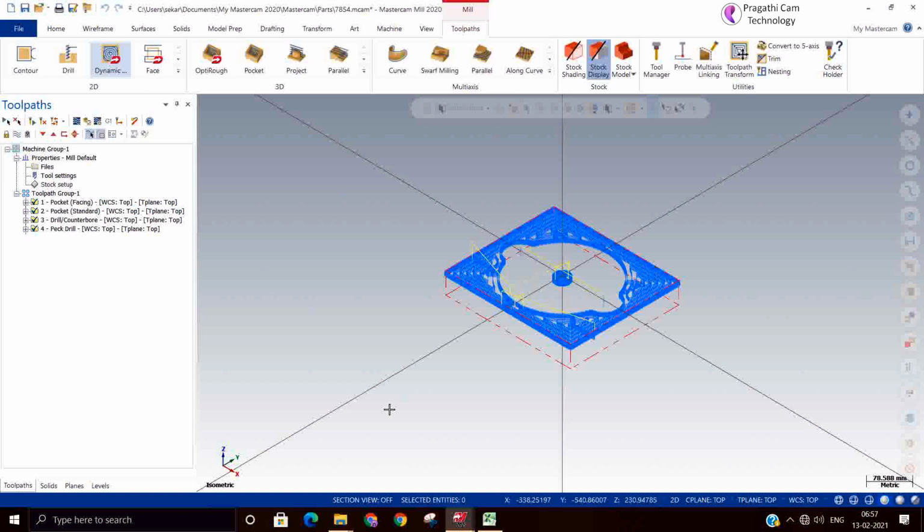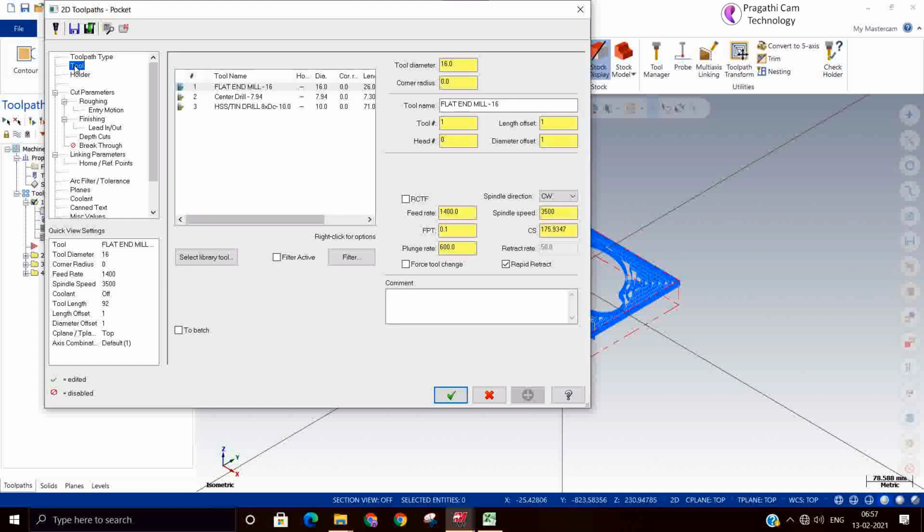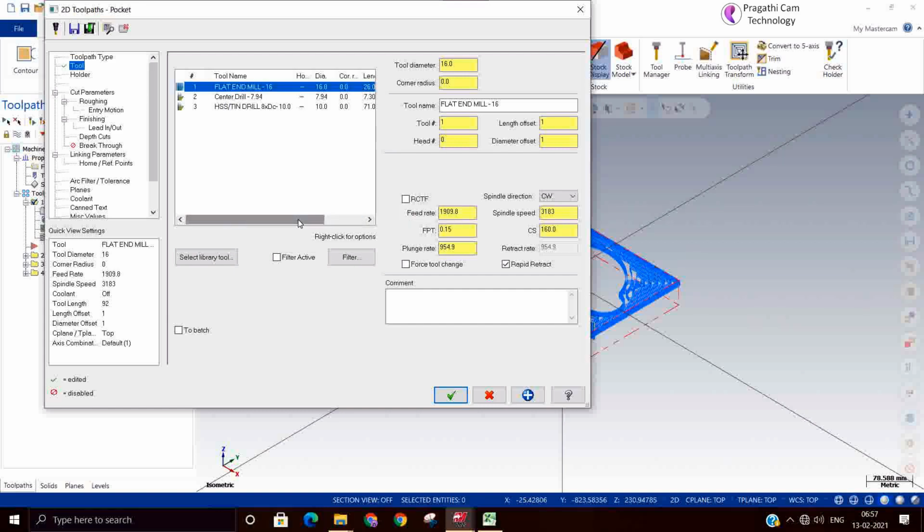Okay. Now you can see here in the tool, I can right click and reinitialize. You can see that the feed rate and the spindle speed are updated.